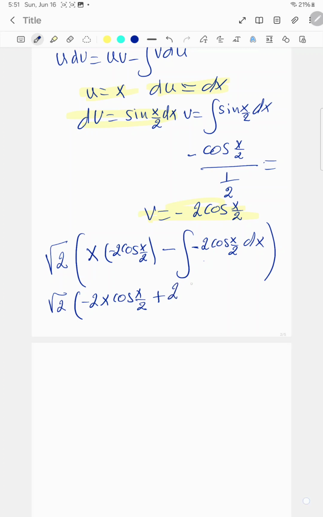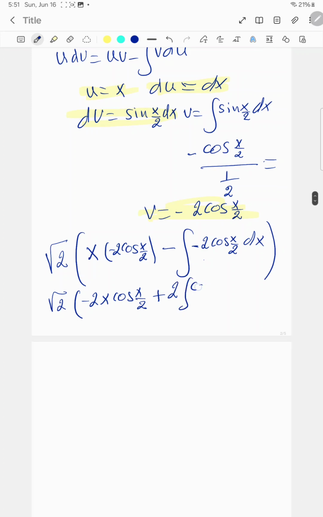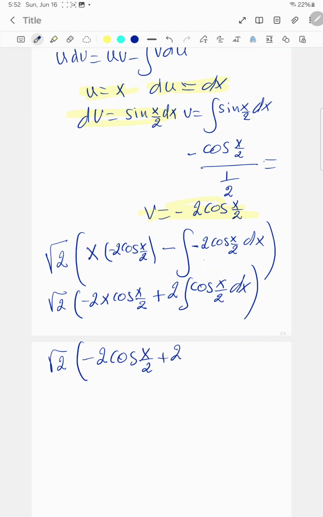I can take it outside my integral, and it becomes the integral of cosine x divided by 2 dx, and I close my parentheses here. So I know that the integral of cosine x is sine x. But because I have cosine x divided by 2, it will become sine x divided by 2, divided by 1/2. So it becomes square root of 2 minus 2 cosine x divided by 2 plus 2,